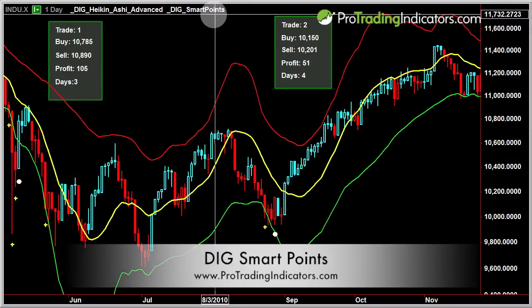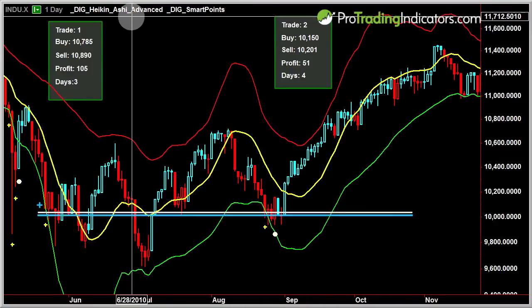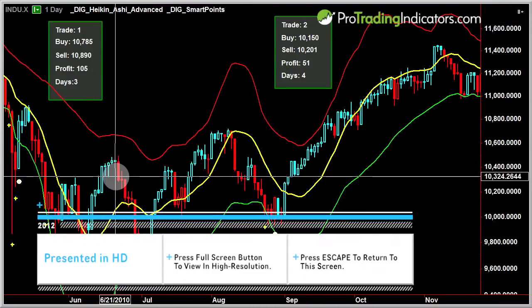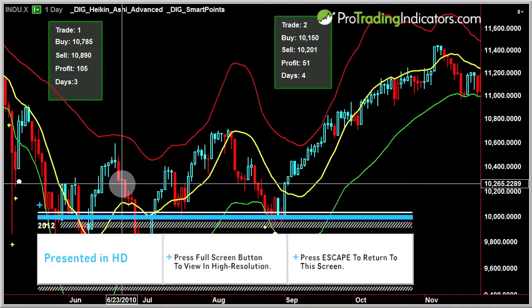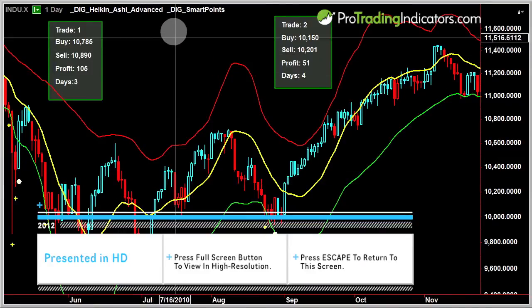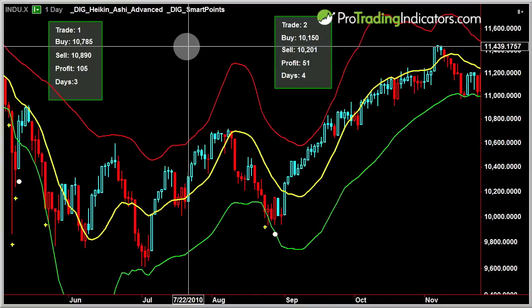Smart Points. Also on this chart, I have the DIG Heikinaichi Advance, which are these color candlesticks. So if you haven't seen that video, take a look at that. But the DIG Smart Points, what does it do? It's the best indicator I've found at taking advantage of range-bound markets that are moving sideways, a little up, a